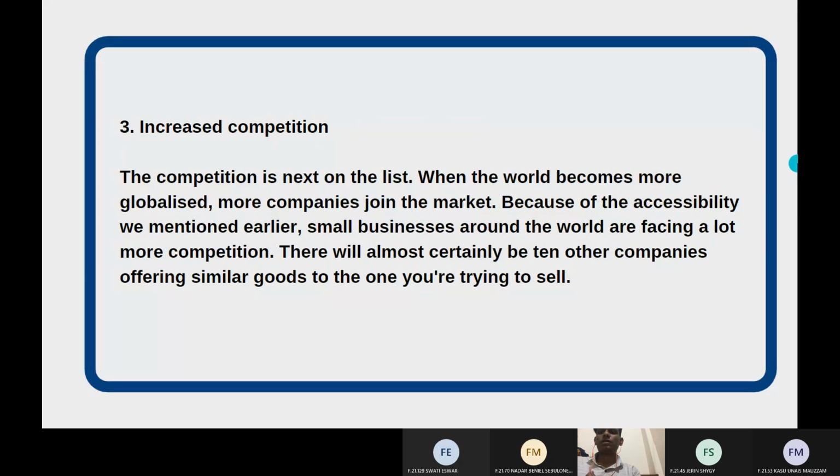Increased competition. Businesses that operate in a global marketplace will naturally face competition from companies all over the world. Consumers demand ever higher quality and cheaper products, and when they have a global array of companies to choose from, only those who evolve to supply what consumers want and need will prosper.